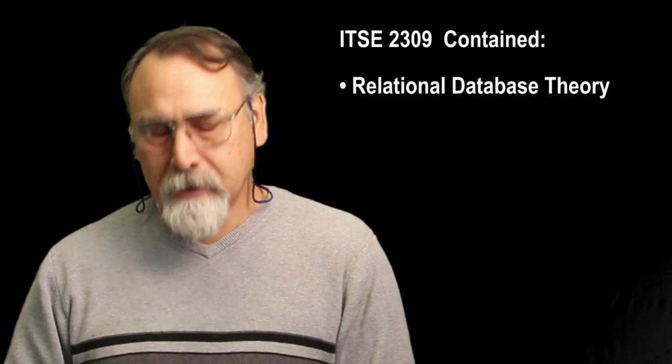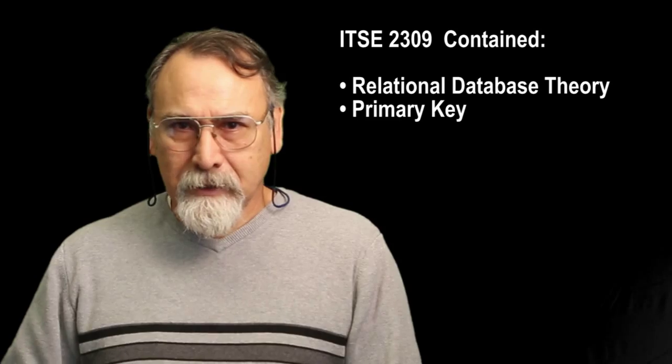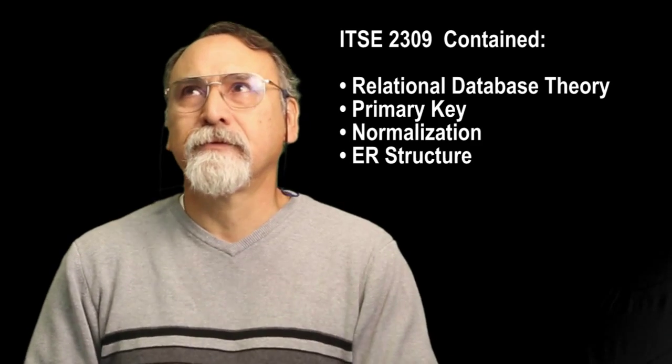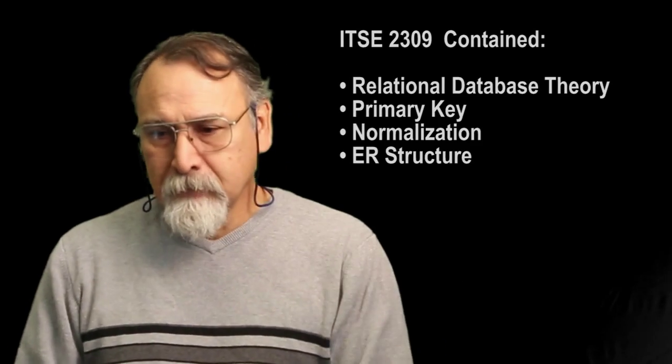In the first class, there was the idea of the relational database theory, okay? And they had the primary key, and they had normalization, and ER structures, so there was the idea of how a database works. On top of that, there was the secondary issue because you have the lecture and the lab, and the lab was part of how you learn to use SQL. And SQL is one of the core elements that you have to have a really good handle on when you work with PL/SQL. So what we're going to look at is that you have a strong understanding of the relational